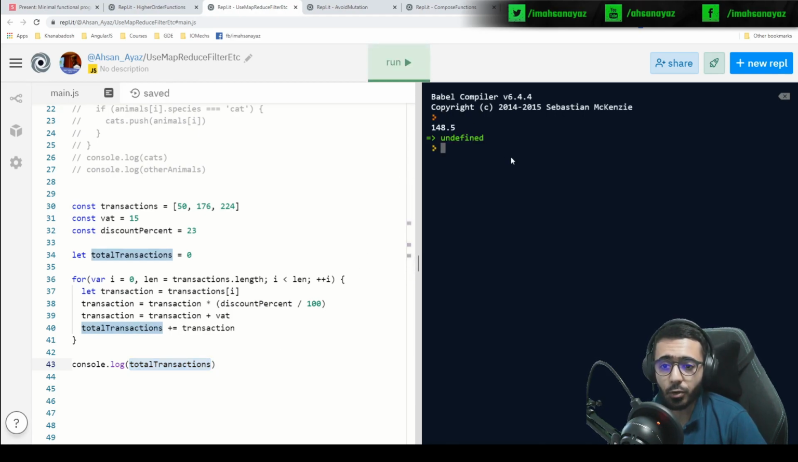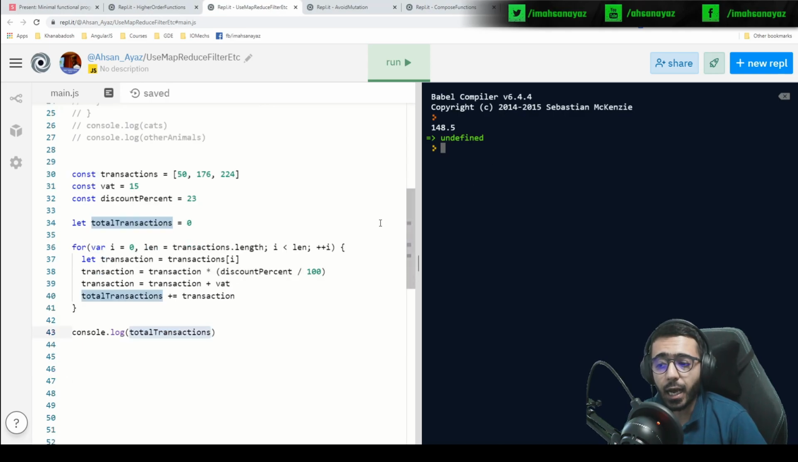So if I run this now, it's a pretty neat code. We have 148.5 as an output of this transactions array. Now, the interesting part here is, how do you test this code? Or what would happen if this code grows and you have a bunch of other things thrown in? It basically becomes a lot messier to work with this scenario, specifically if you are doing calculations